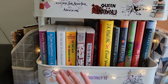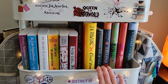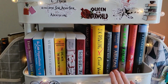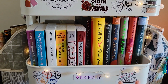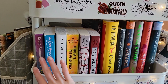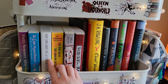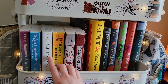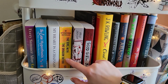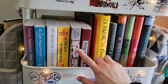On the second shelf, we have my next anticipated reads. These are my current reads, and then these are going to be kind of the ones that I'm most excited about. So we have a couple romance books. We have one that is definitely highly anticipated, but I will most likely be waiting until October for. It's My Heart is a Chainsaw, The Girl with the Dragon Tattoo. I really want to read the Millennium series as soon as possible, but then I also have A Good Girl's